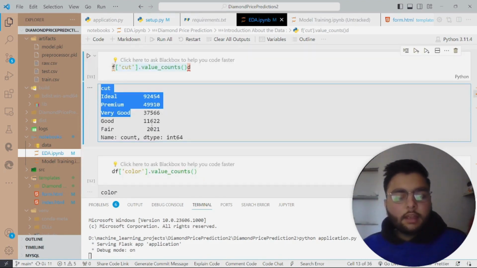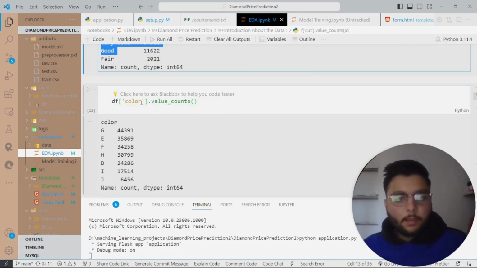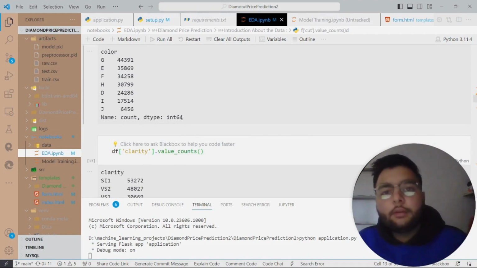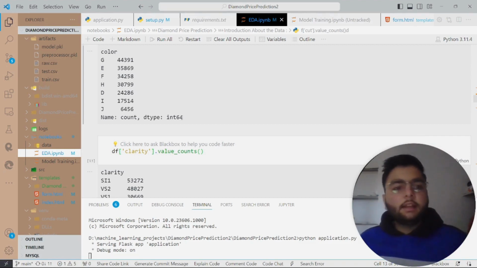So this is telling us the number of values present in each column. With respect to exploratory data analysis, I have basically found the null values of the dataset and outliers. If there is any missing value, I have replaced it with another value.